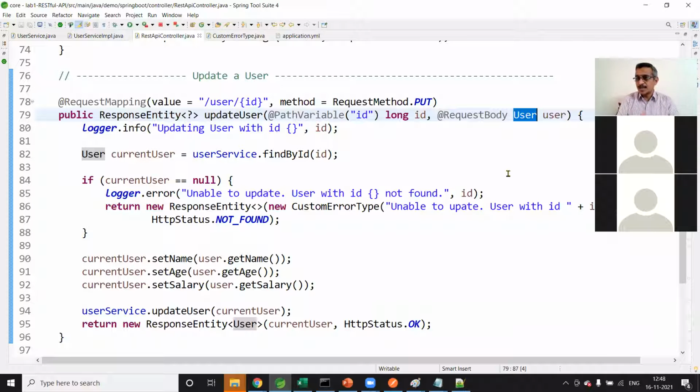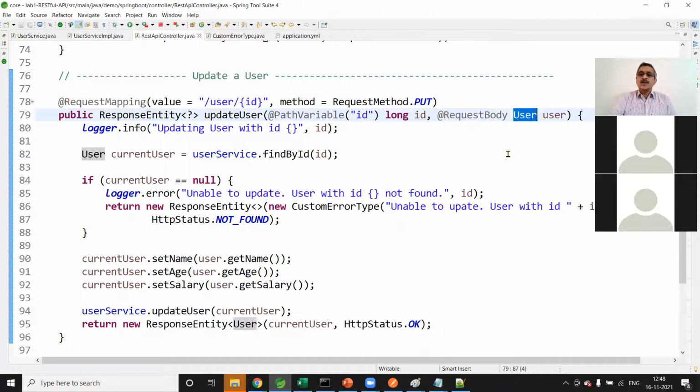What is happening behind the scenes? If you see the XML binding, JAXB is converting from XML to a Java object. Similarly, when giving the response back to the client, it converts from the Java object to XML. That is how marshalling and unmarshalling, serialization and deserialization, are happening behind the scenes.